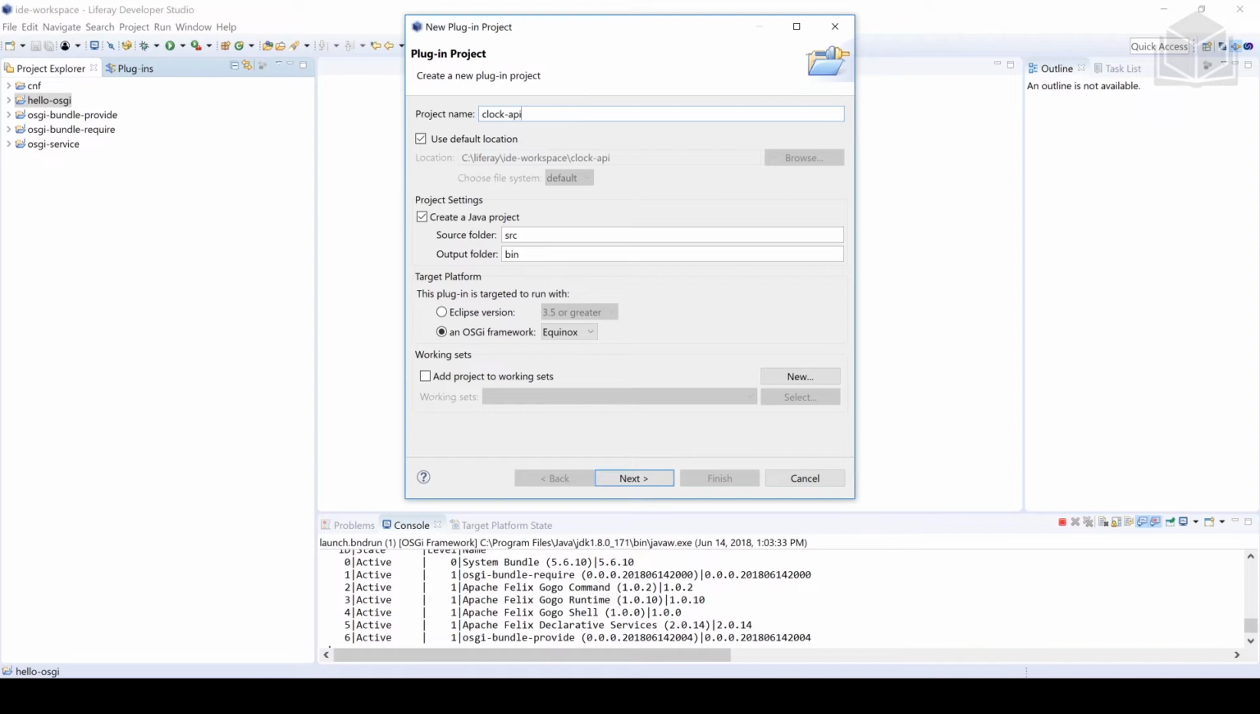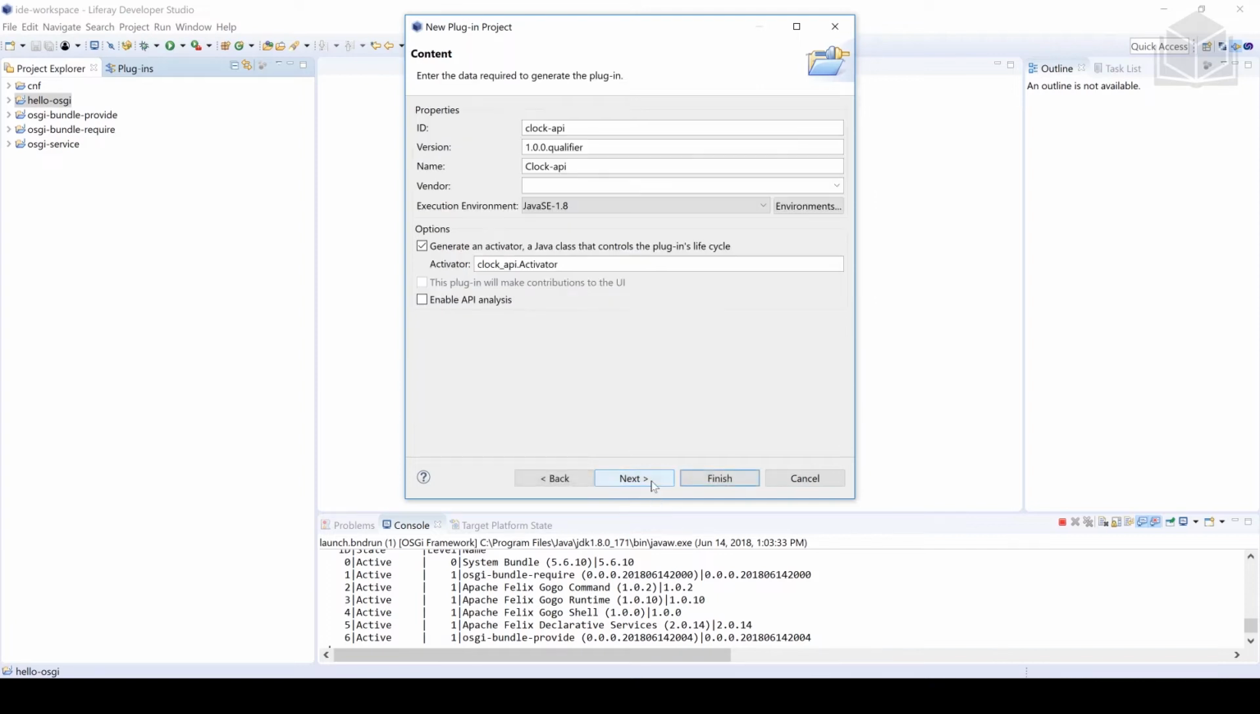Clock-API. And from the dropdown that we have next to OSGI Framework, we're going to be selecting Standard, just as we've done before. Once we do that, go ahead and click Next. So once we click Next, we're going to change a couple of attributes here. The first one is going to be the ID. So instead of Clock-API, the ID is going to be